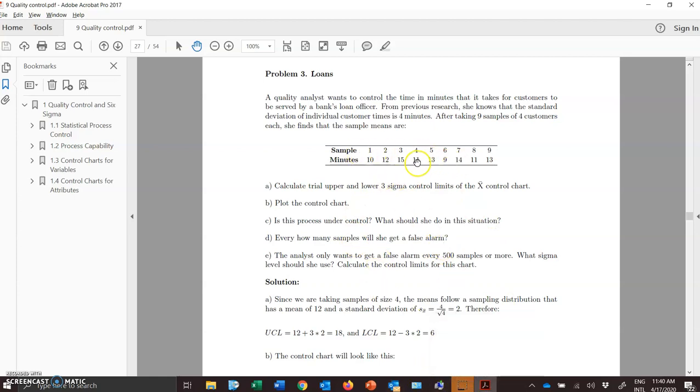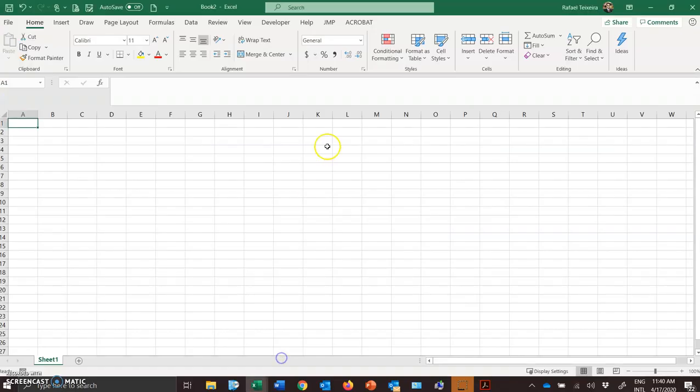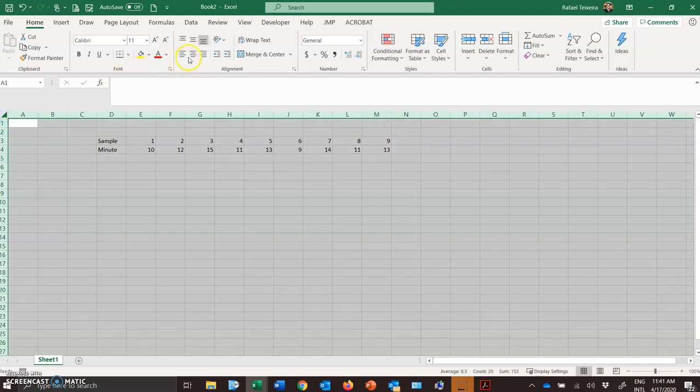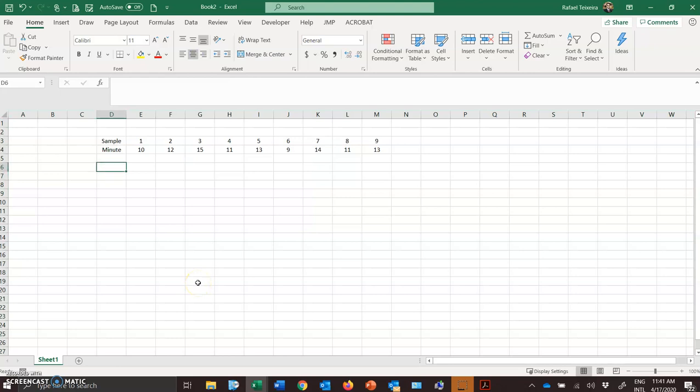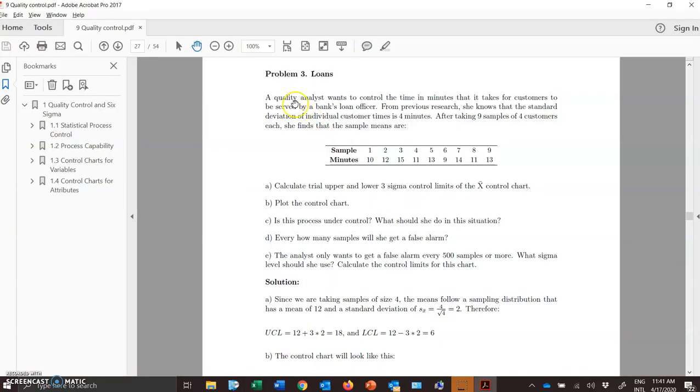So I'm going to start typing these numbers here. I'm going to copy these numbers from the problem. So we have different samples, 1, 2, 3, 4, 5, 6, 7, 8, 9, and we have the time it took to process the loans, 15, 11, 13, 9, 14, 11, and 13. So I start copying these numbers,